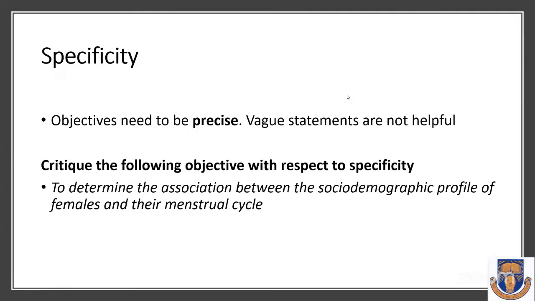This person is saying, I want to determine the association first between the social demographic profile. Which one? Social demographic profile, I'm not sure you know that social demographic profile has over 42 different elements. So if this person says, I want to determine the association between social demographic profile and females and their menstrual cycle, at the end of the day, this person only ends up looking at age, sex,